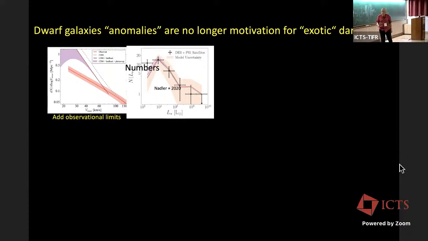And so this contradiction is on the left here, where it says numbers. And here you see the number from the simulations, the number observed at that time. But it turns out that when you do a much more careful job of what I call counting the observed objects, when you put in the observational selection effects, which are very tricky because these are very faint galaxies, you find there's now perfect agreement that we don't get excess numbers of observed objects. There are lots there, certainly, but they're invisible, okay? But that's fine. We have no observational contradiction, which was what was claimed some years ago.